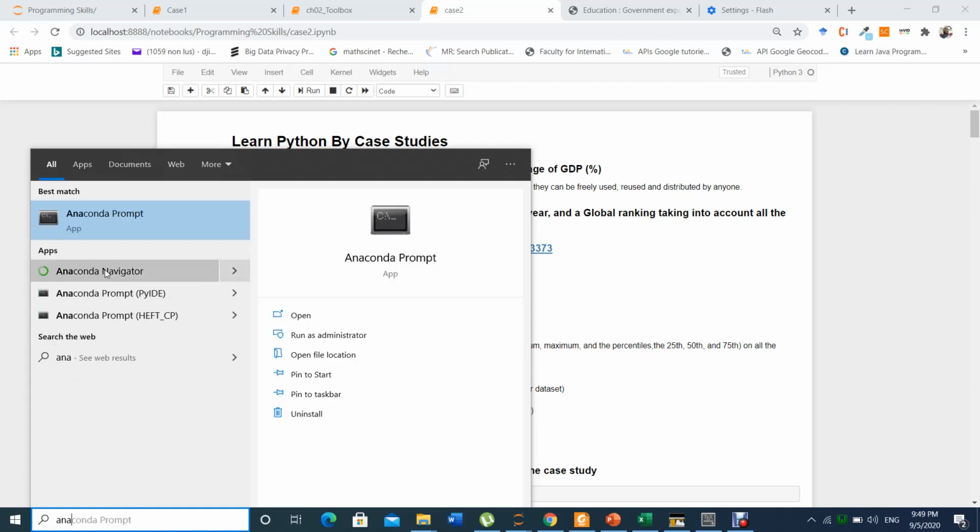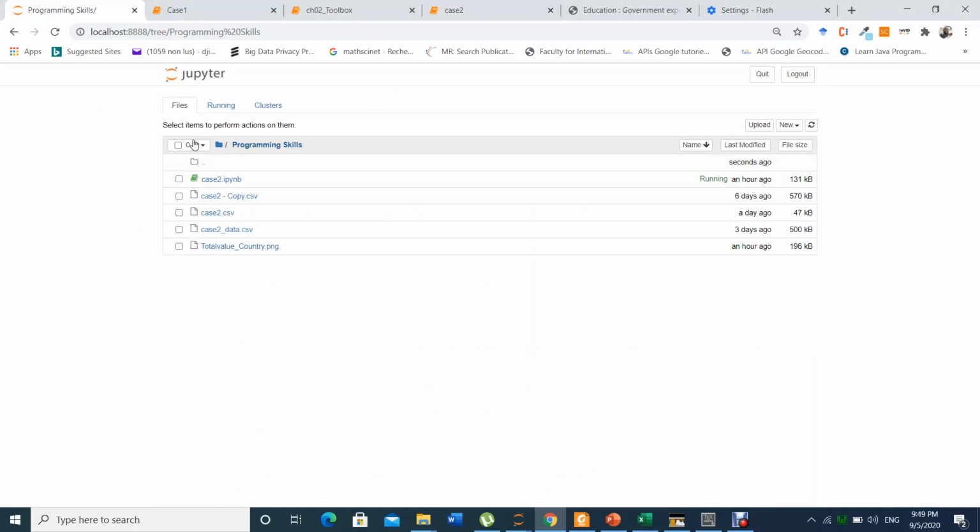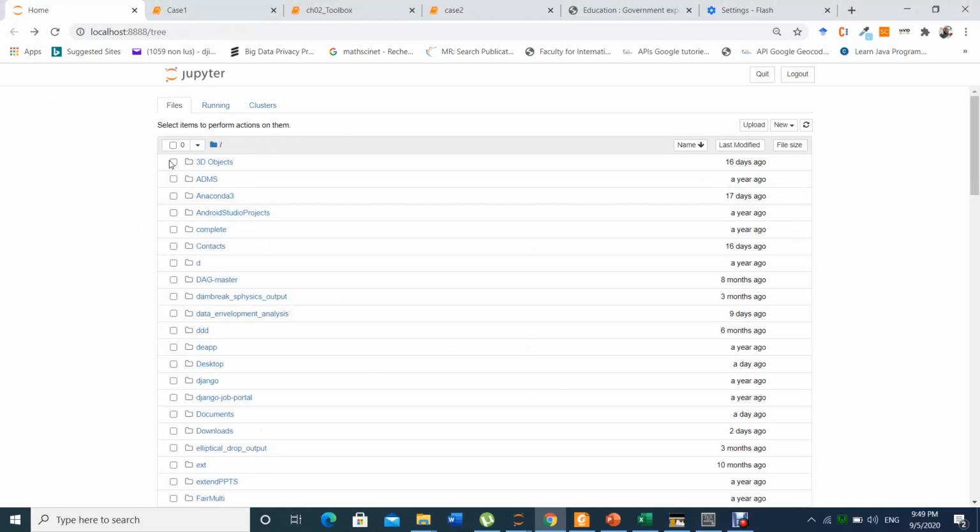You can also run it from Anaconda Navigator. So you have already opened it. When you open it, you'll have your welcome page like this in this link. To save the whole project or case study, you need to create a new folder.